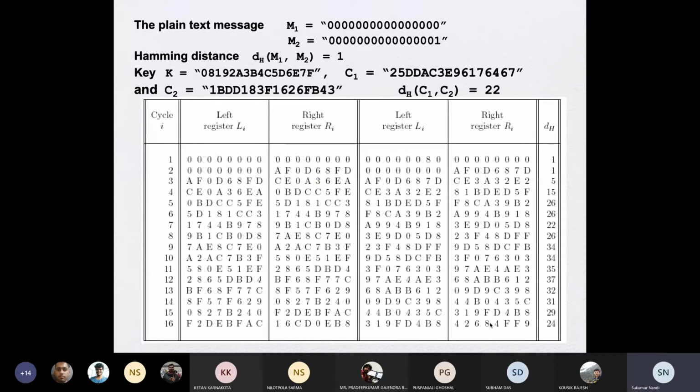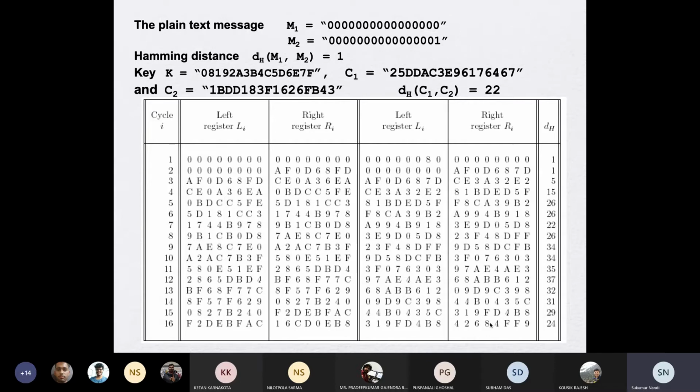If we assume plain text M1 is all 0 and plain text M2 is all 0 but the least significant bit is 1, the Hamming distance between these two is definitely 1, because only 1 bit differs. Now look at the key.